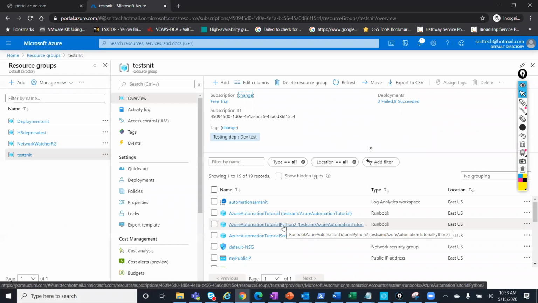But for storage, they have now come up with a soft delete option. You have to manually enable that. If you delete the storage account with soft delete enabled, the data will be available for 14 days and you can recover it within 14 days. If you don't recover the data, it will be completely deleted from the Azure side. But if you delete the resource group, it's gone. You have to restore if you have a backup.